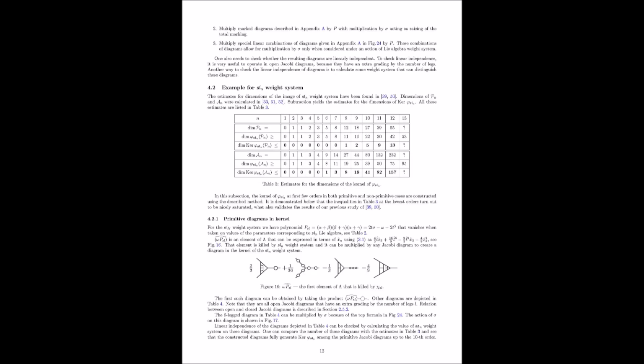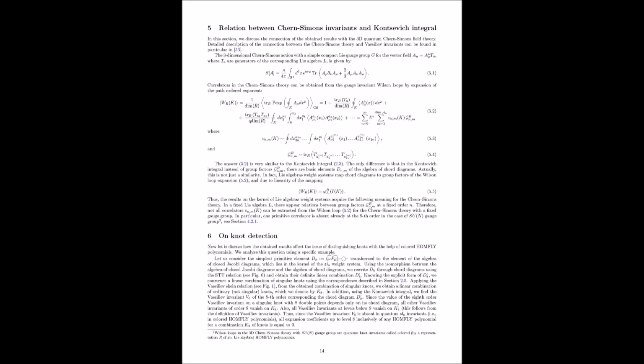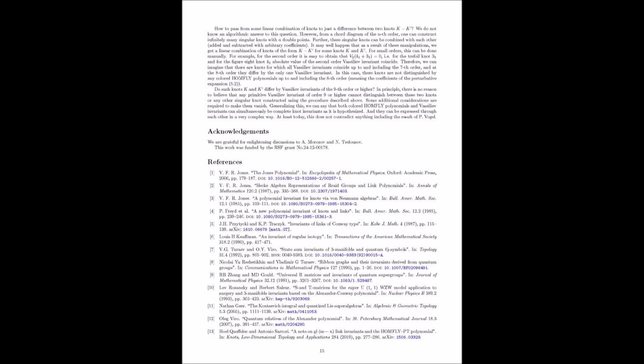These are functions that operate on chord diagrams to extract valuable information about the knot. But these functions aren't arbitrary. A valid weight system has to satisfy specific rules, namely the one-term and four-term relations, which act as checks to ensure mathematical consistency. So it's like having a quality control system for our mathematical tools, ensuring they're reliable